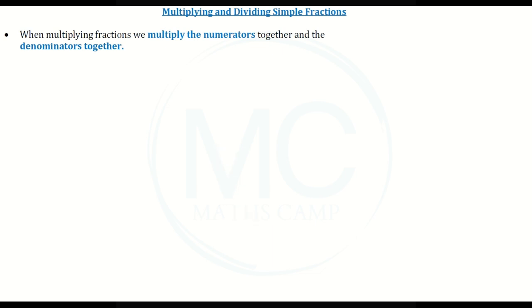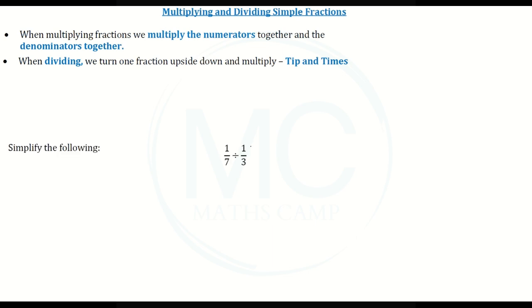So how do we divide fractions? When dividing, we turn one fraction upside down and multiply the two fractions together. We call this the tip and times method. For example, let's look at 1 over 7 divided by 1 over 3. Let's leave 1 over 7 as it is. Change our division to a multiplication sign, and now we're going to tip 1 over 3 and we get 3